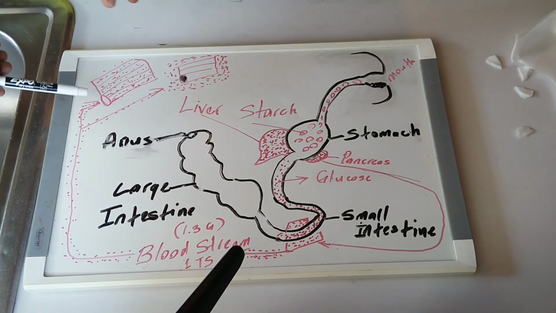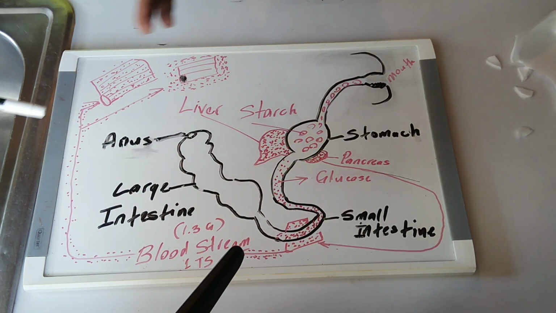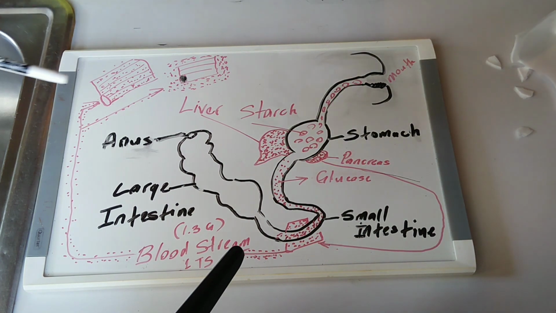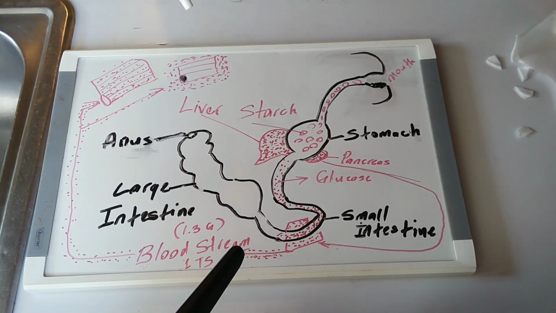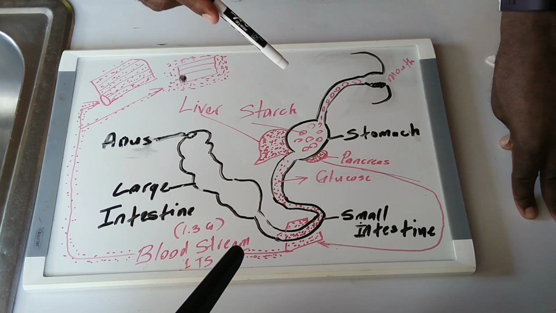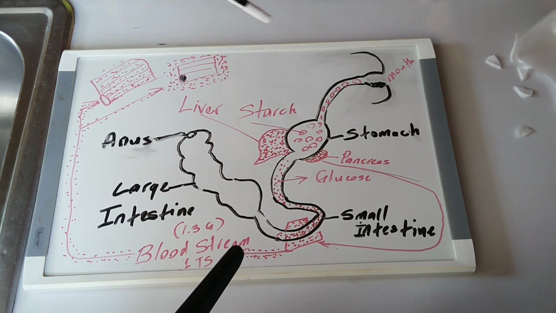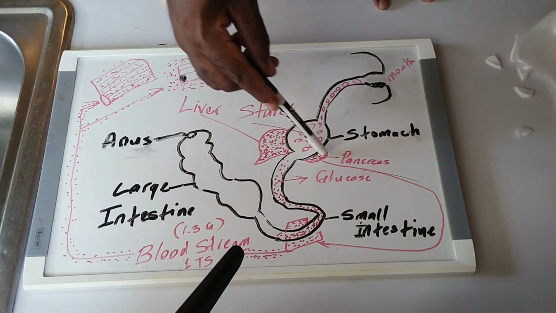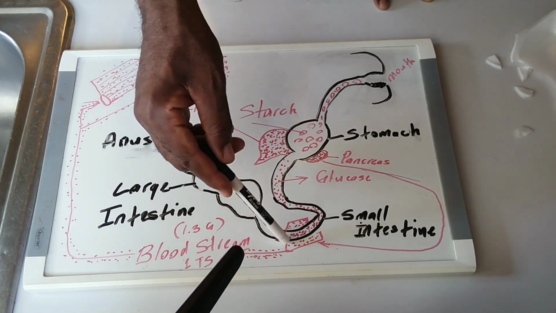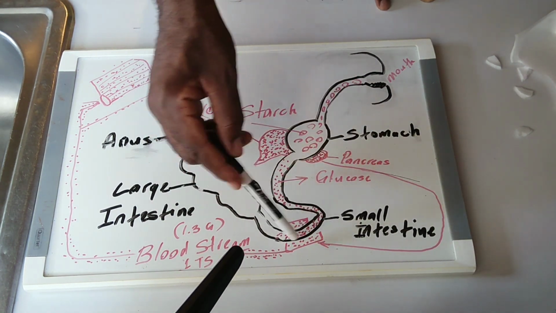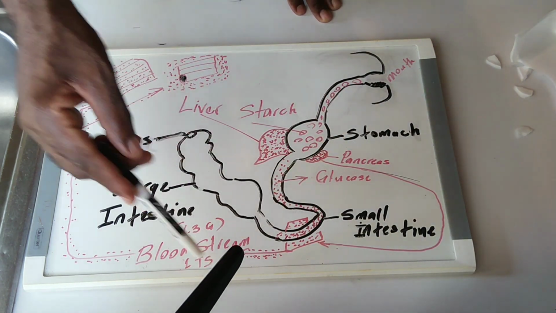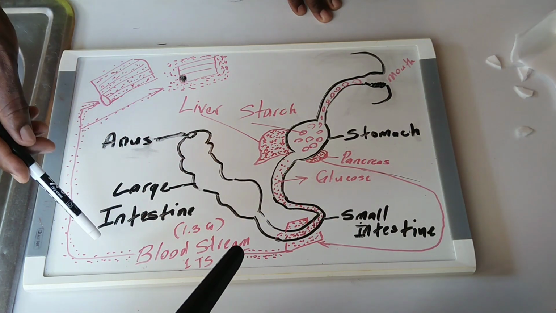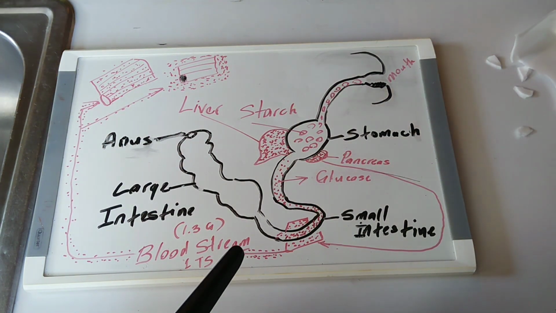In a normal person, let's say normal, because everybody is normal, but in a person that doesn't have diabetes, what will happen is that this little organ over here, the pancreas, is going to produce a hormone called insulin. And as you can see, the pancreas is directly linked to the bloodstream. So this little organ will trigger the release of insulin, and insulin will rush into the blood. Some insulin is now in the bloodstream.